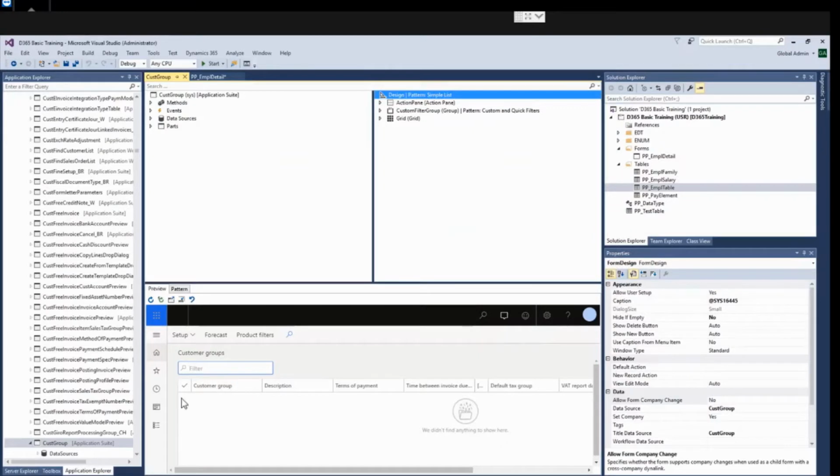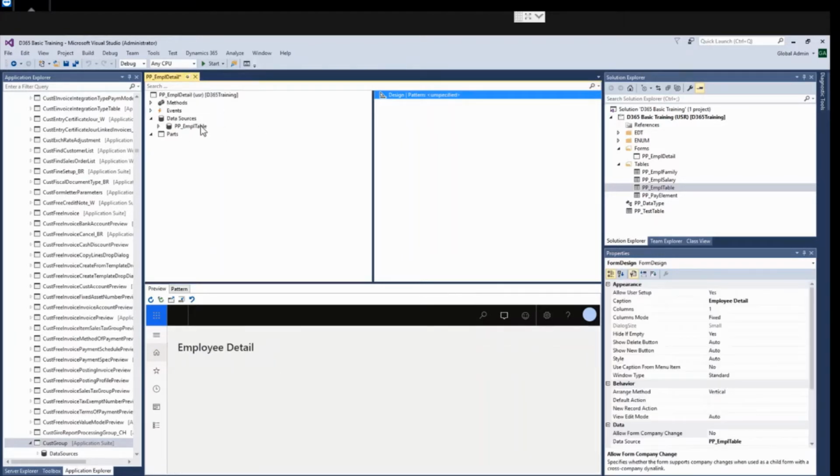In this also there's a grid, filter and a few buttons, one button is there. So similarly we will create our form. I just explained this so that anytime you want to explore what type of form uses which pattern, and how many types of patterns are available, this will help you, this will guide you. So I will close this for now, you can refer to it. So we will apply the simple list pattern for our form.